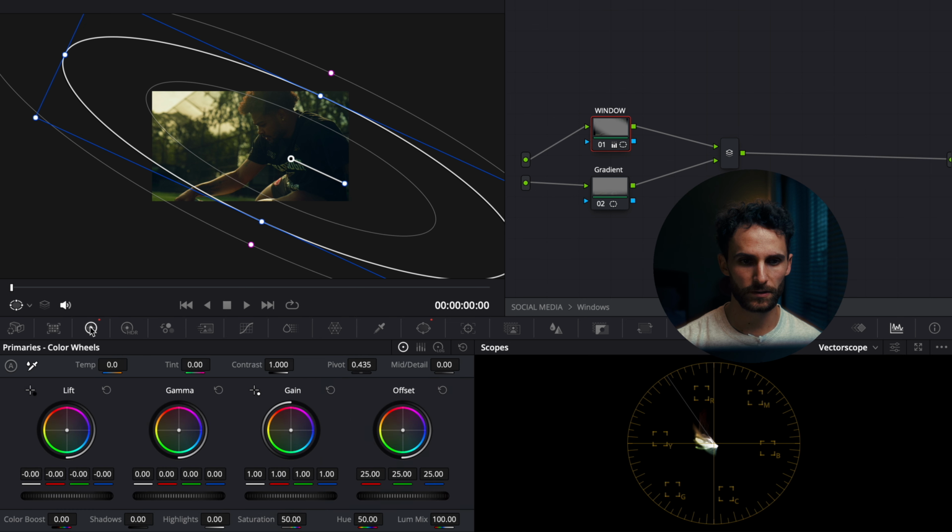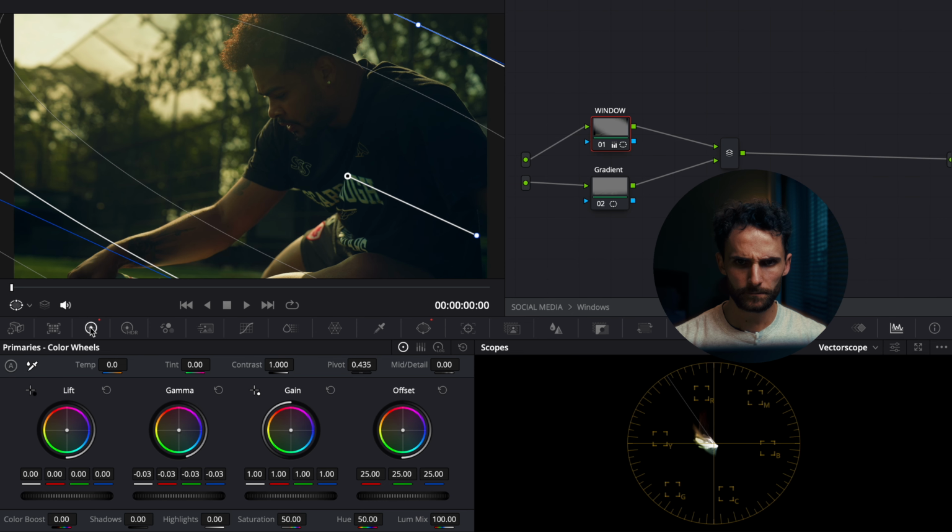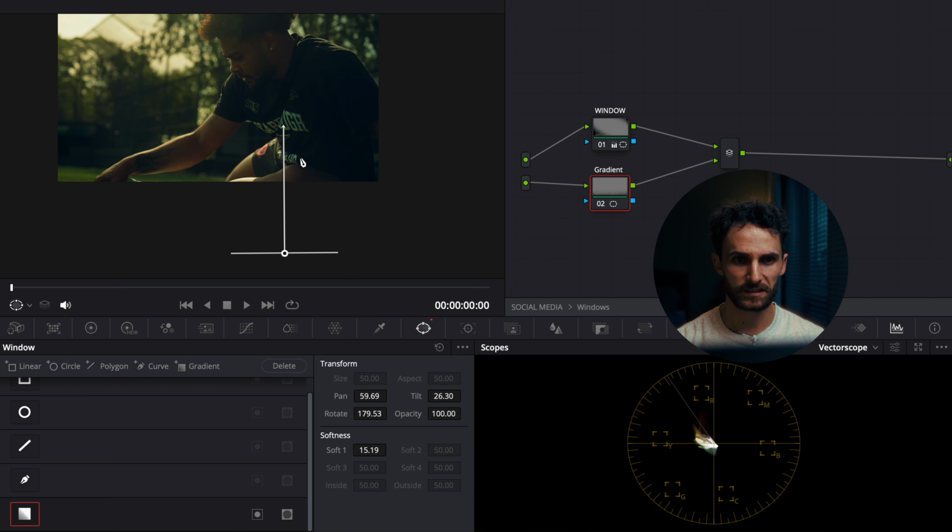Then what I want to do is go over to our color wheels. I'm just going to bring down the gamma. As you can see, it puts a little bit more attention on our subject. Might be a little too much, but yeah, that's looking pretty good. Next, what I did was I added a gradient right here and just brought it down,